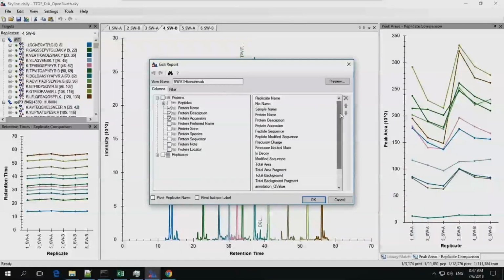So here's the SWATH benchmark report. You can see it's got replicate name, file name, sample name, protein description, et cetera, and then pretty much down where we got, well, whether or not it's a decoy, and then we've got total area, total fragment area, total background, fragment background, et cetera. And then there's this annotation Q value, which is the old way we got Q values. Now there's something called detection Q value. And all these columns come out of this